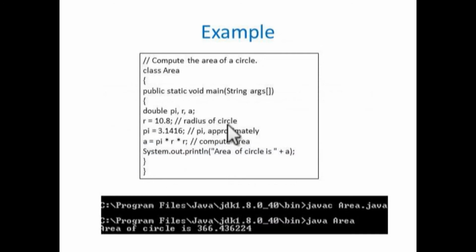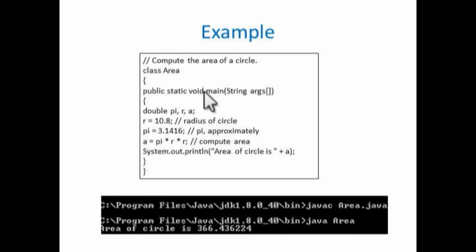And here I am showing a small example to calculate the area of the circle. Here I am assigning the values to floating point or double variables. Either you can use float or double. If you are giving small values, float is enough. If you want to use double, it is also not a problem. So either you can use float or double data type to represent this fractional part.